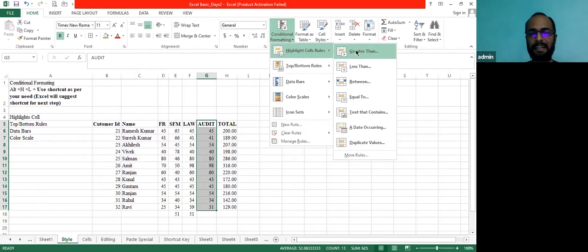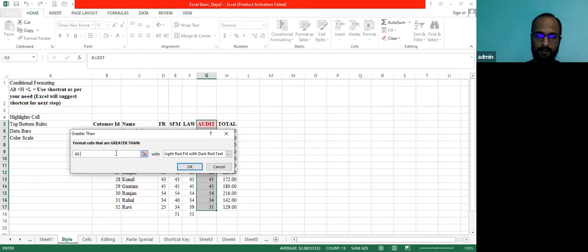Let's suppose in the selected cells, if any value is greater than 50, then highlight that cell as per my direction. So I'll be clicking on this. You can see here it is written, Format cells that are greater than 50 or 40, whatever you want, you can put here. Let's suppose I am putting 50.